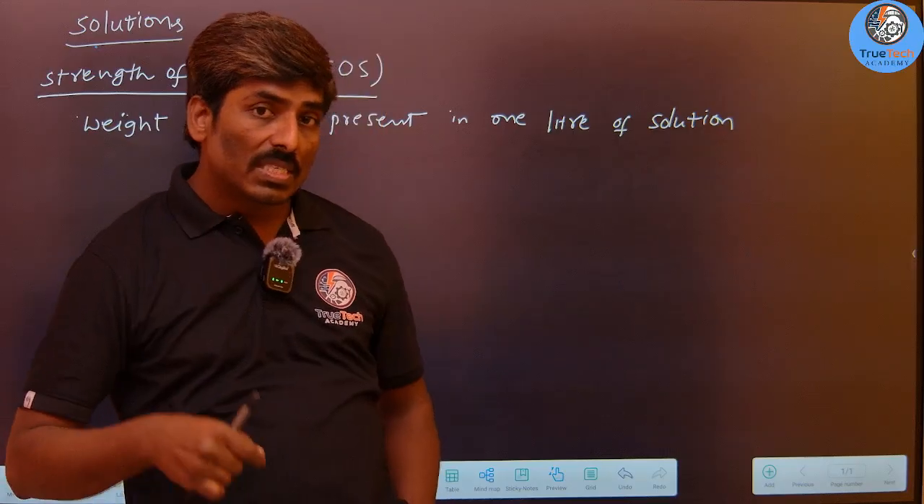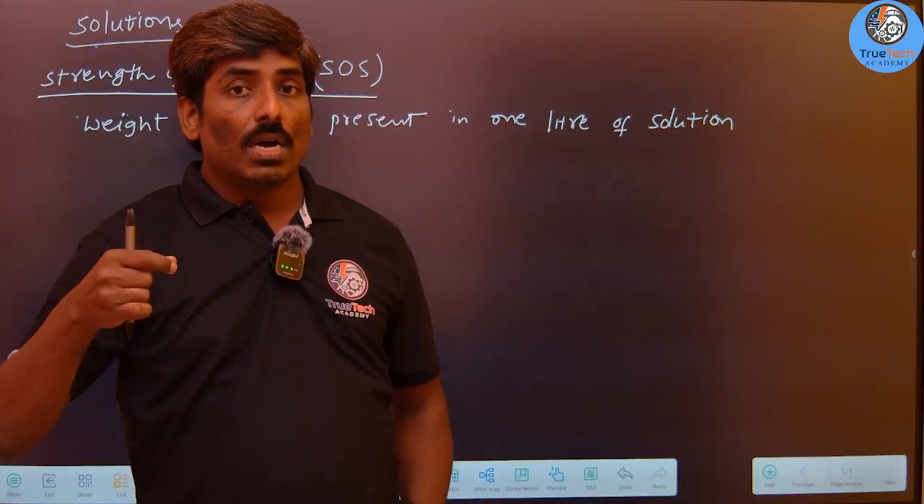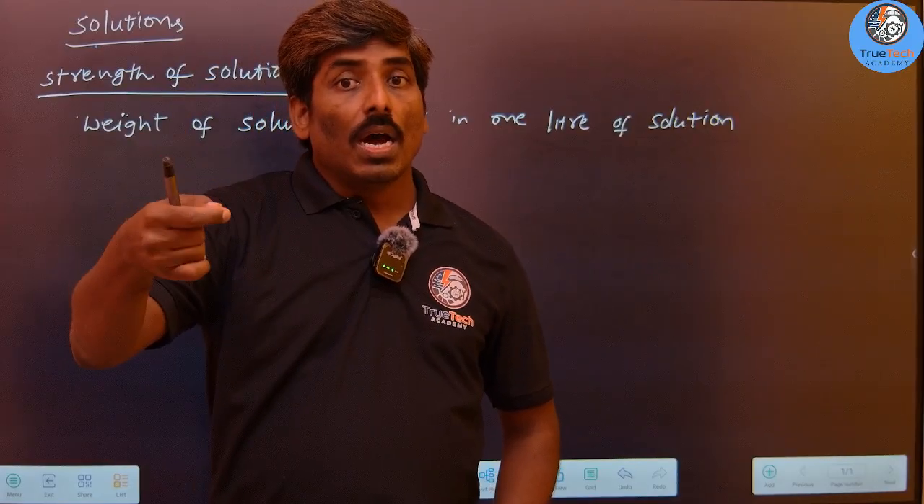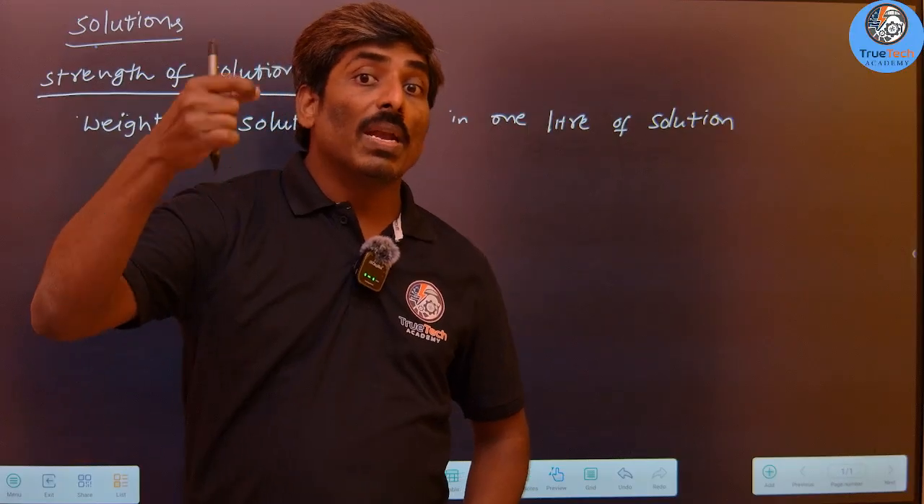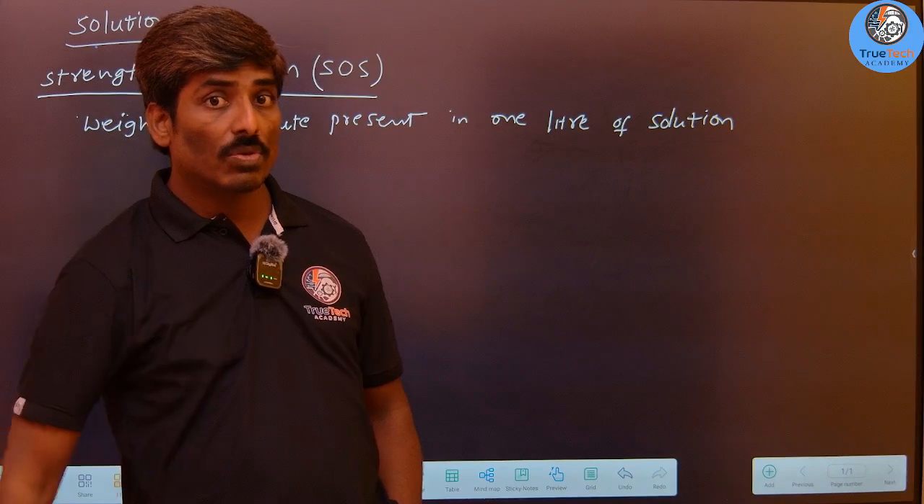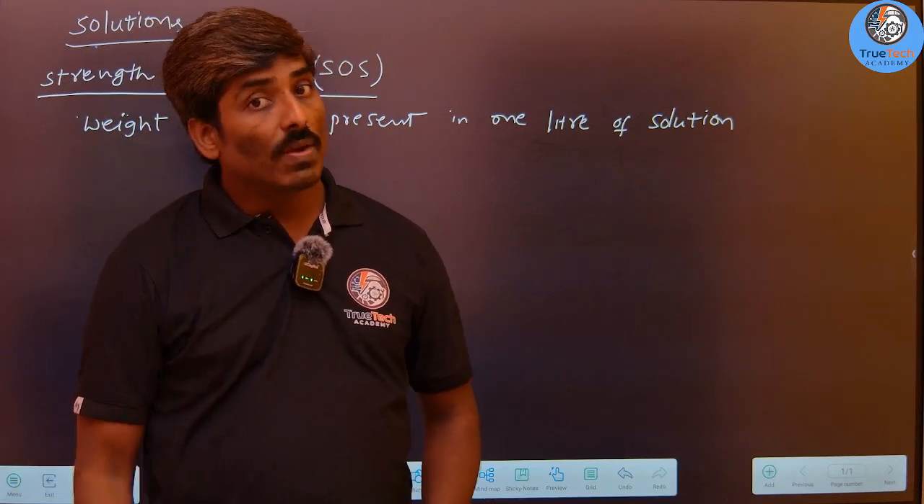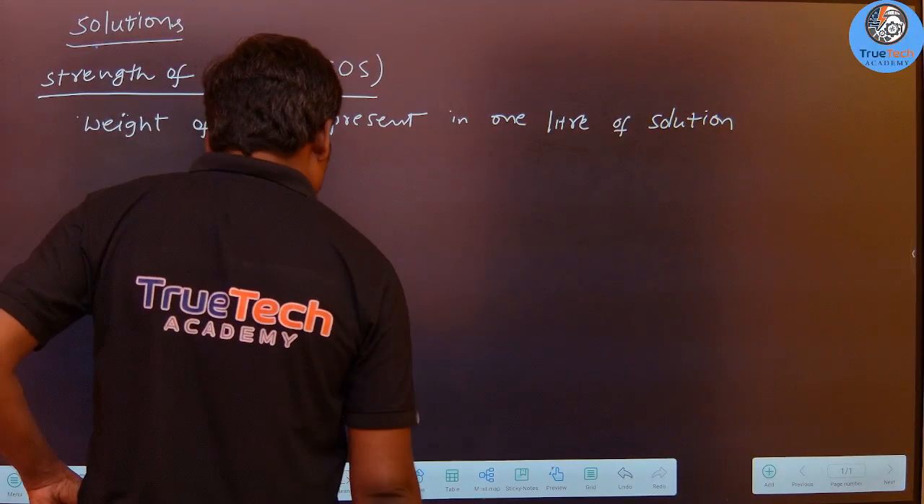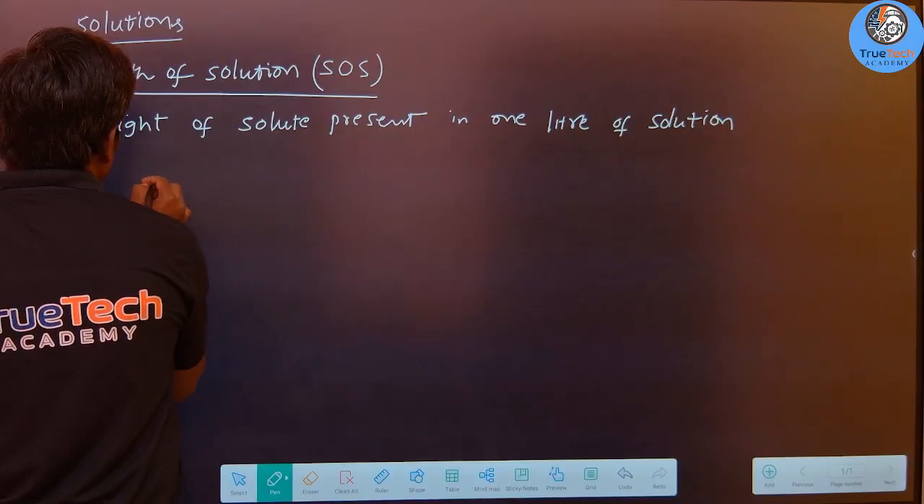So in the previous weight percentages, what is the definition? Weight of solute present in 100 gram of solution or 100 ml of solution. Percentage means we take out of 100. But here in strength of solution, we are going to find weight of solute per 1 liter, so 1 liter of solution. So the formula will be,